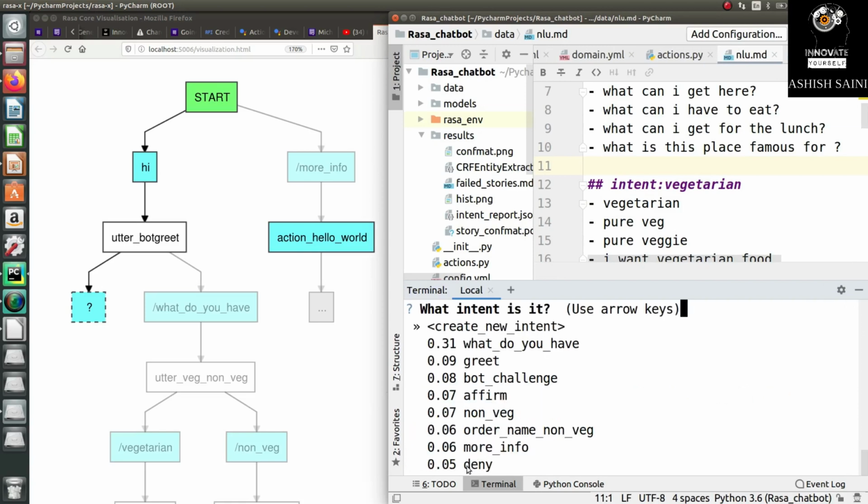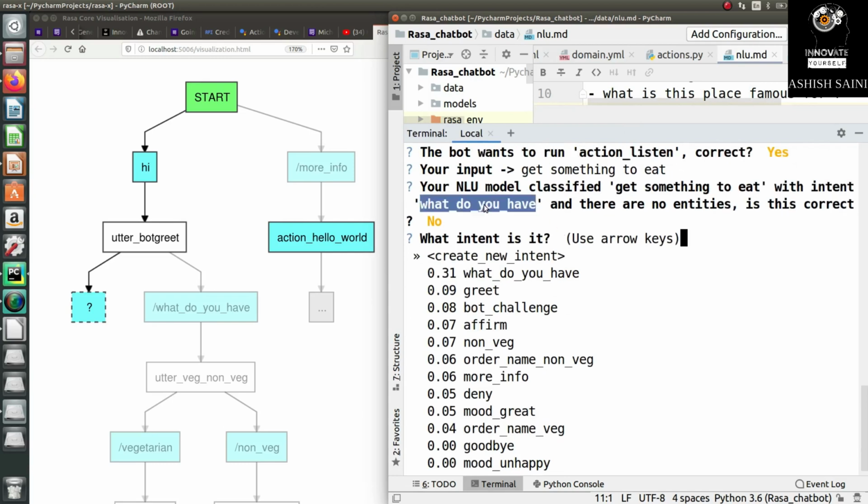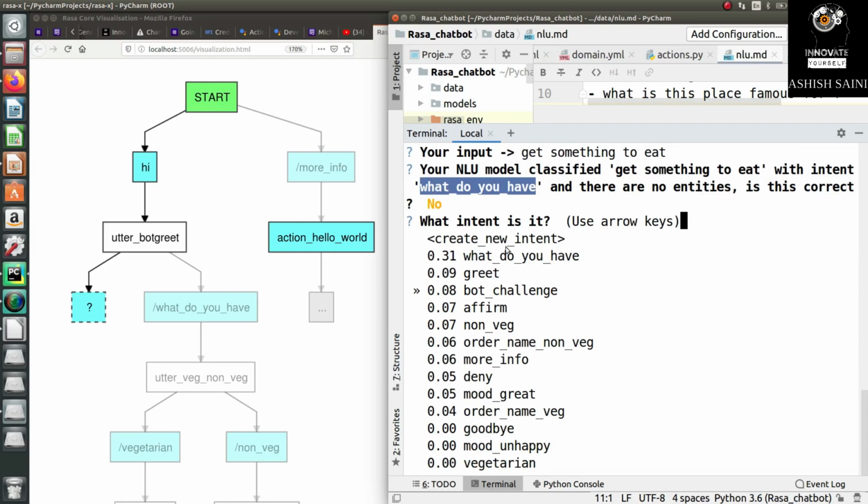Instead, I can say no. So at that time, it will give you options, or let's say these are the options you can select according to this intent, right? Right now it has classified it like this. But in case this is not the correct intent, then you can just select